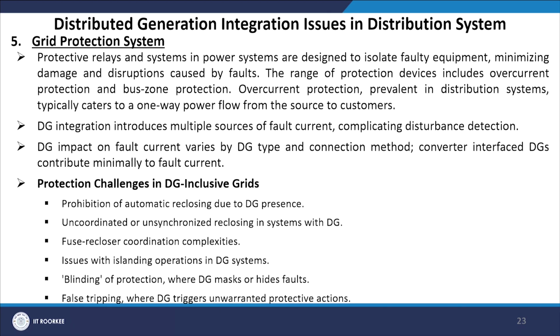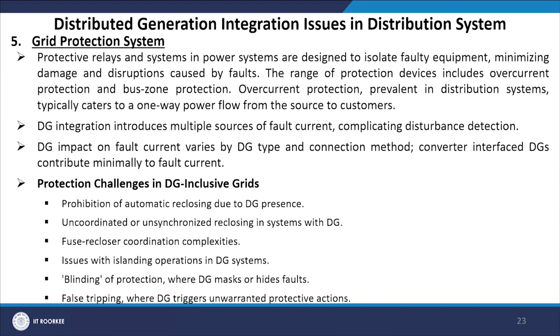Now, DG integration introduces multiple sources of fault currents, complicating disturbance detection. DG impact on fault current varies by DG type and connection methods. Converter interface DGs contribute minimally to fault current. Protection challenges in DG inclusive grids: prohibition of automatic reclosing due to DG presence,